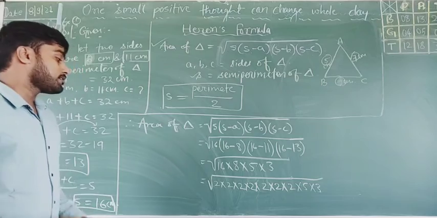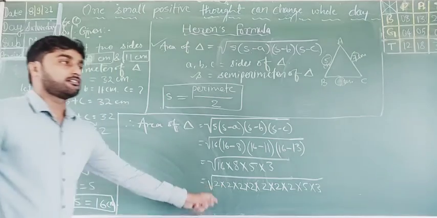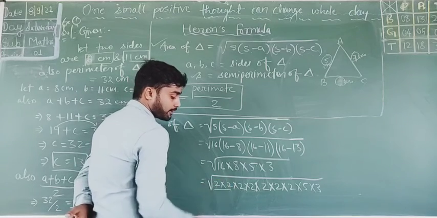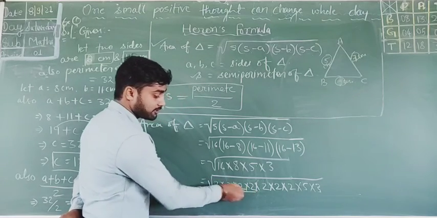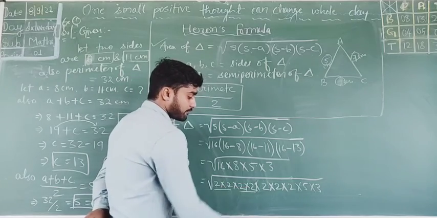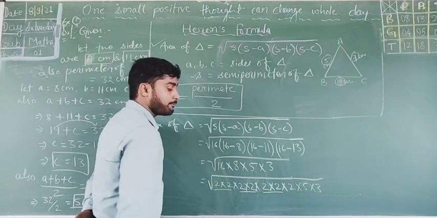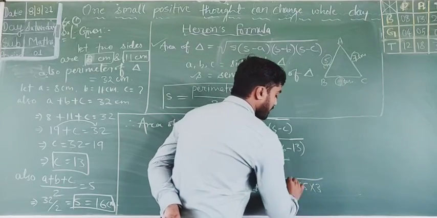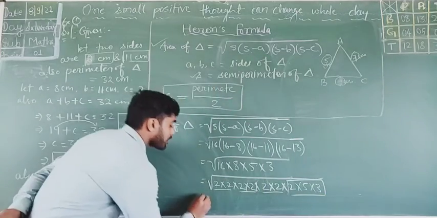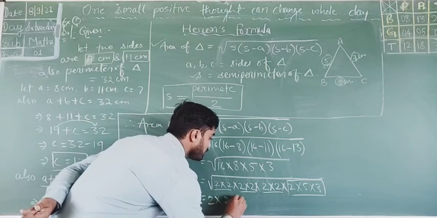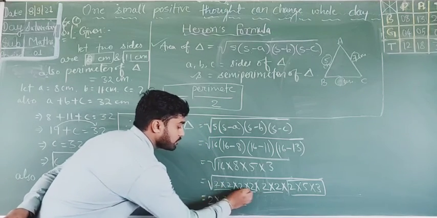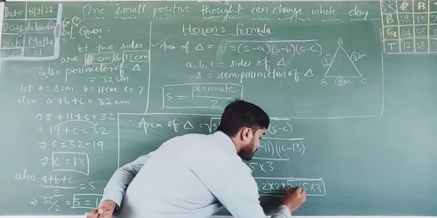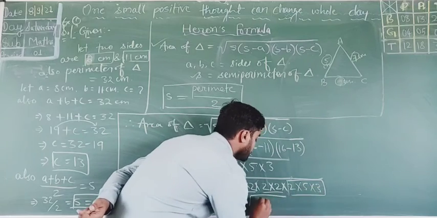And we know that numbers can come out from under the root which have pairs. So 2 and 2 make a pair with each other. These 2 and 2 make a pair with each other. And last, these 2 are making a pair with each other. And the remaining 2, 3 and 5 are not in pair, so I am writing them as it is. So write 2 into 2 into 2, because this for this 2, this for this 2 and this for this 2. And last, what is left here? 2 into 5, 10, 10 3s are 30.